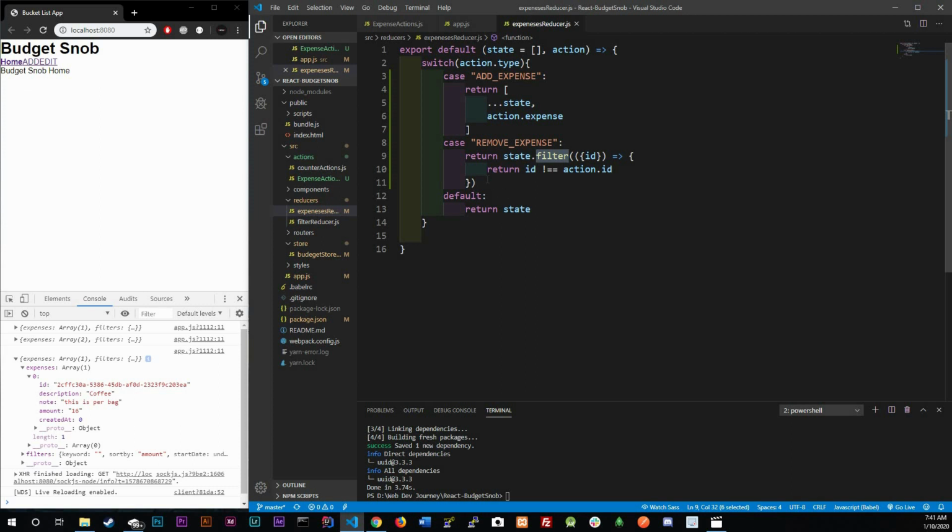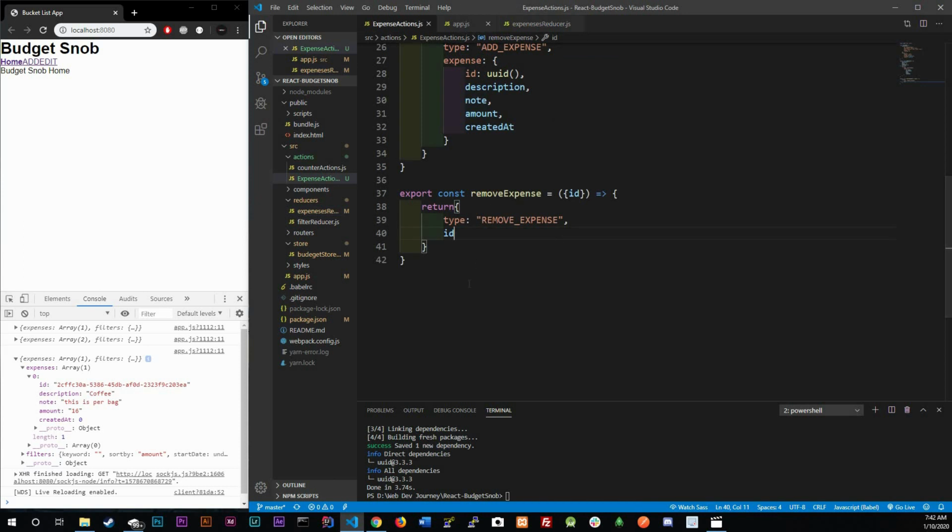So we got remove expense. So now let's tackle editing an expense. Now this is going to be a bit more difficult. The reason why is because we're actually editing a single object, and we're not editing the array no more. We're editing the object inside that array. Okay, so let's go in here in app.js and actually